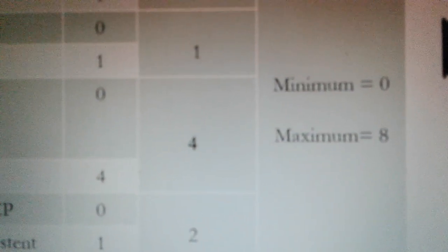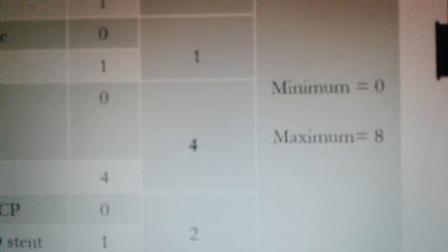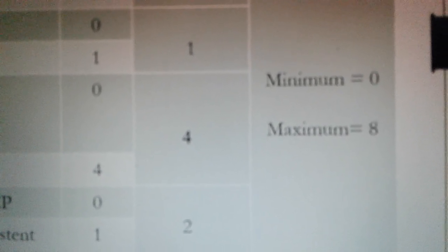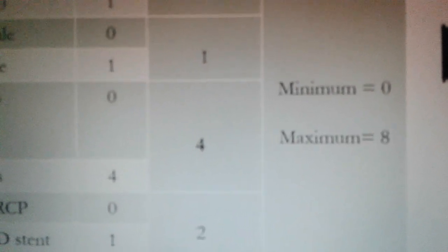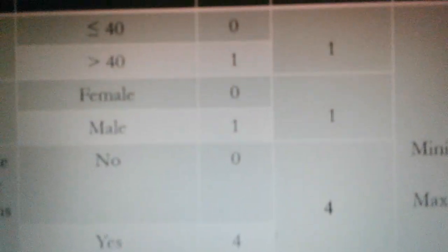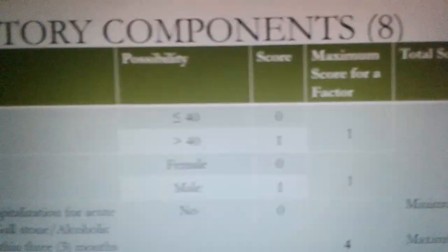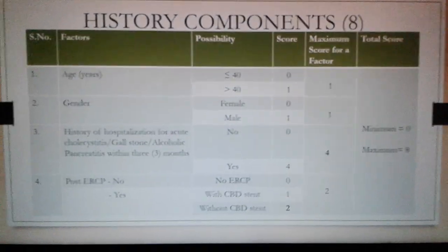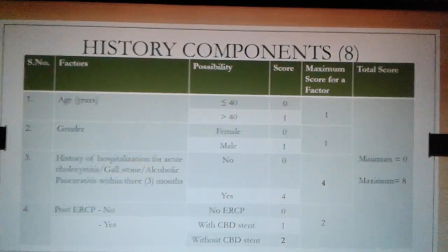What we have discussed just now, the maximum score for history factors: join the upper and lower longitudinal lines of H, we are going to have 8. This is just to remember this fact, the maximum score is 8, right? If we add the minimum scores in these groups, 0 plus 0 plus 0 plus 0, the minimum score is 0 in history components, right? So total 4 factors in history component.